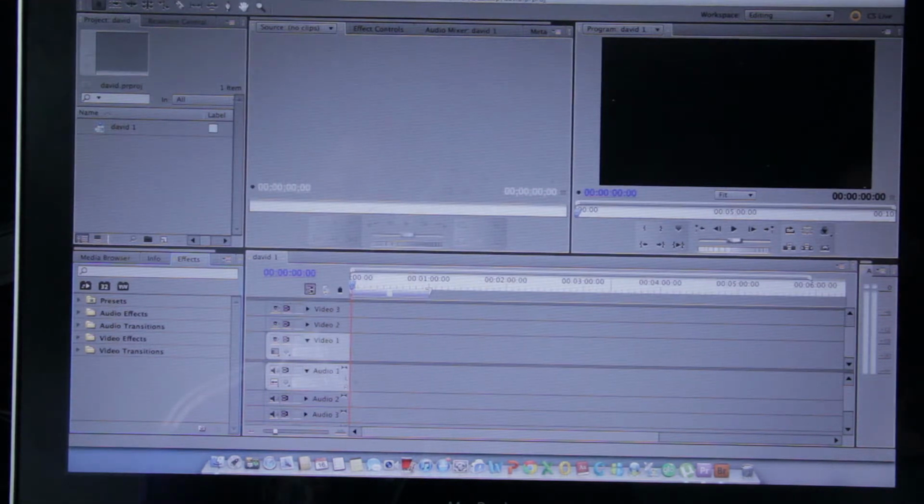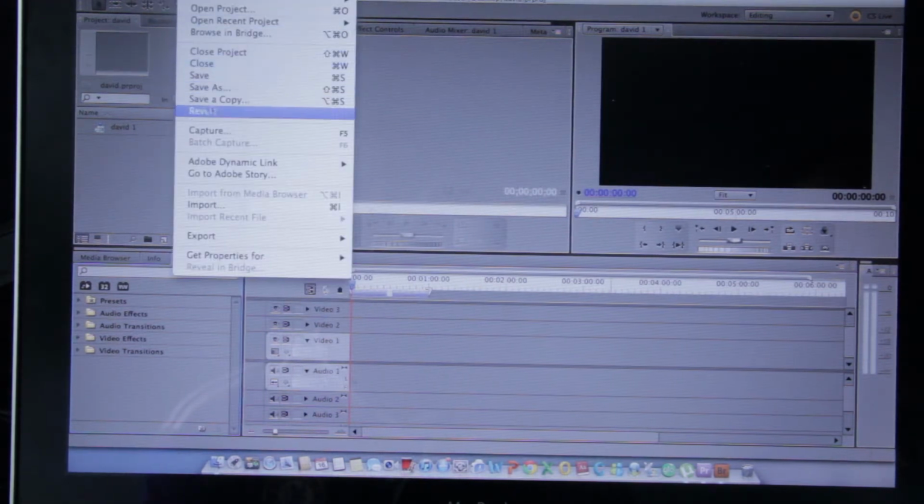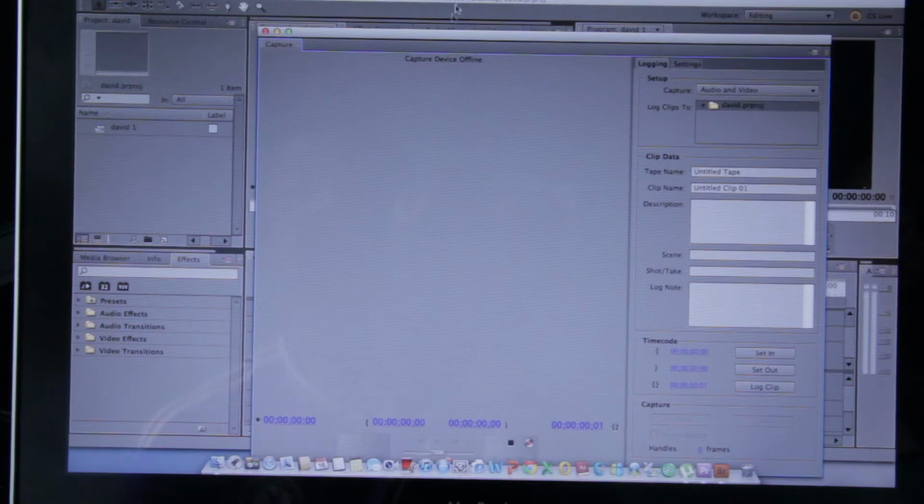Cancel. Now Save a Copy is almost the same thing as Save As. Revert is going back. Capturing: if you want to capture from a tape, you capture by this. You click on it and this panel comes up, and once it comes up, you look at whether your camera has been connected to the system,